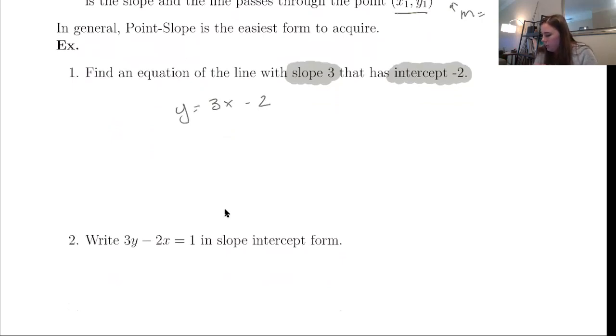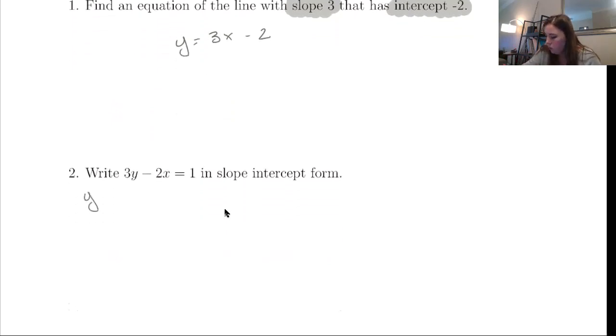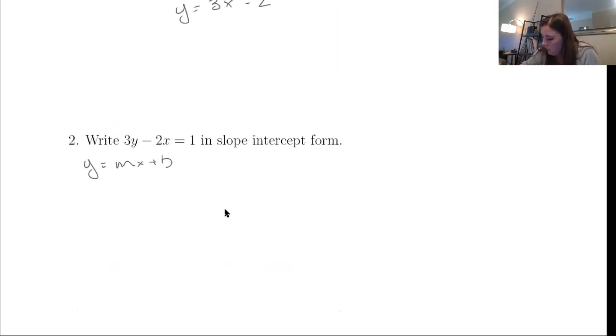Problem 2 just says to write 3y minus 2x equal to 1 in slope intercept form. So remember, slope intercept form is y equals mx plus b. So the most important thing here is I just need to get it first to y equals. So I need to solve for y, basically. So 3y minus 2x equal to 1. What's something I can do first? What's a good first step